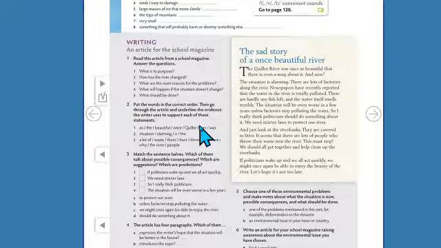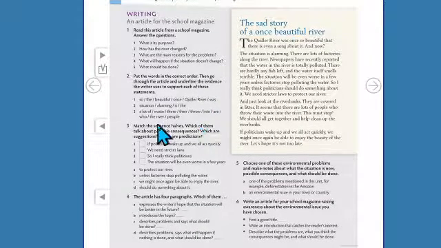And then, let's go to activity number 3. Match the sentence halves. Which of them talk about possible consequences? Which are suggestions? Which are predictions? So, first, I would like you to match them, match 1, 2, 3, 4 with A, B, C, and D. So, please go ahead and do it. Match them first, and then you are going to write. I don't know if you want to write here next to the sentences.